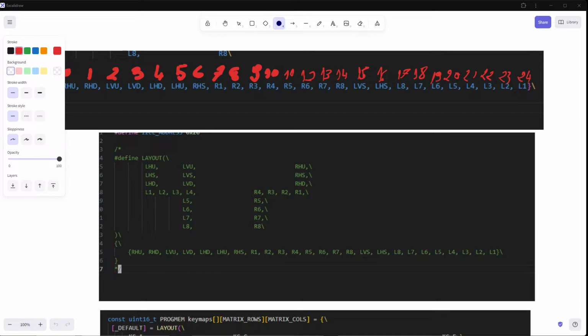Okay, so this first value we won't be changing because we have only one row. So the only thing that needs to be fixed would be the column. So in this case, the first key is LHU, which is left horizontal up. So this should be,